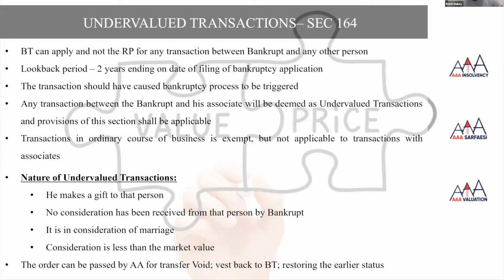Another question from Mr. Chandrasekhar: if the debtor does not cooperate with the RP, can the RP do anything other than asking for the bankruptcy process? If the debtor is not cooperating, there is a remedy available with the RP. The RP can file an application under section 19(2) of IBC, seeking directions to the debtor from the adjudicating authority for cooperation or for providing specific information.